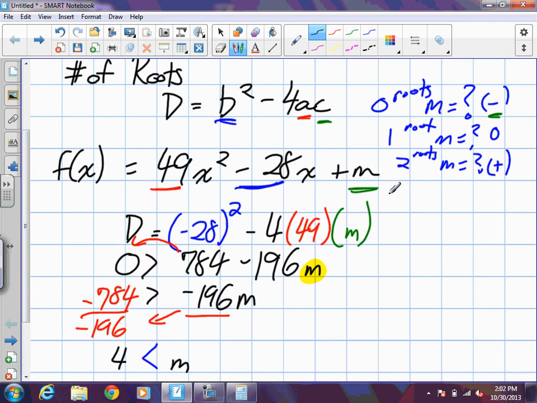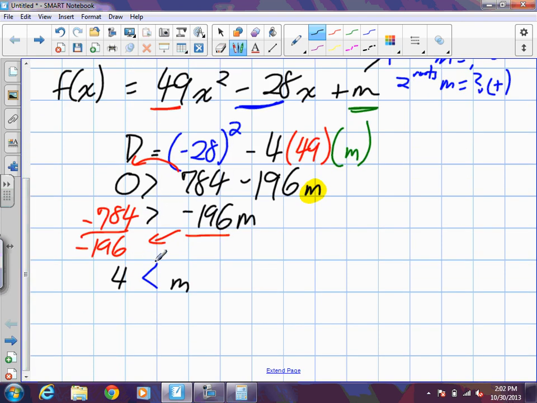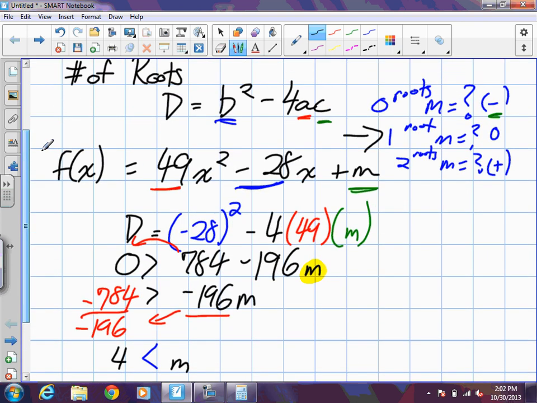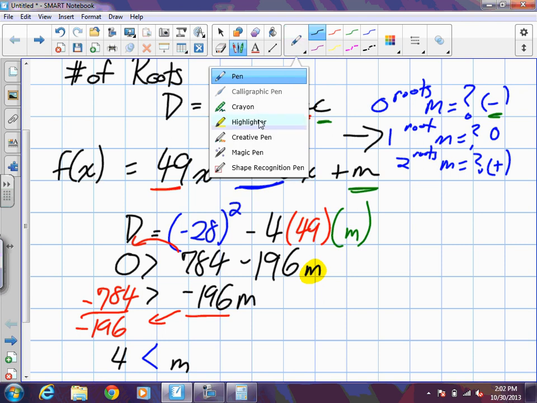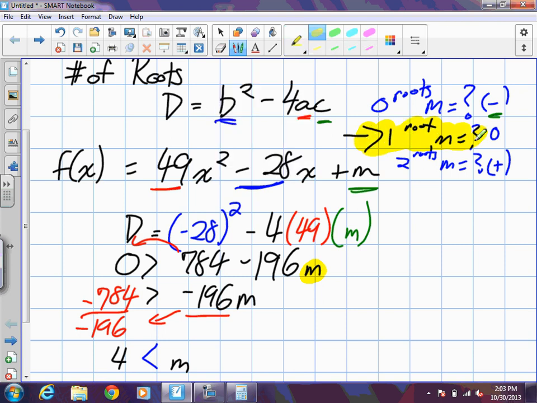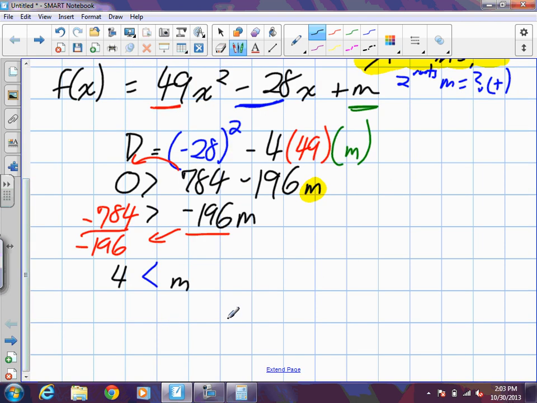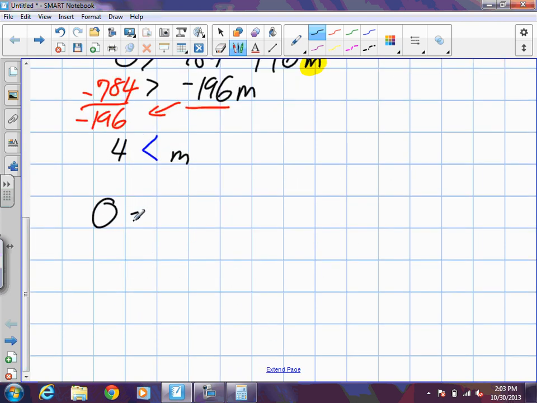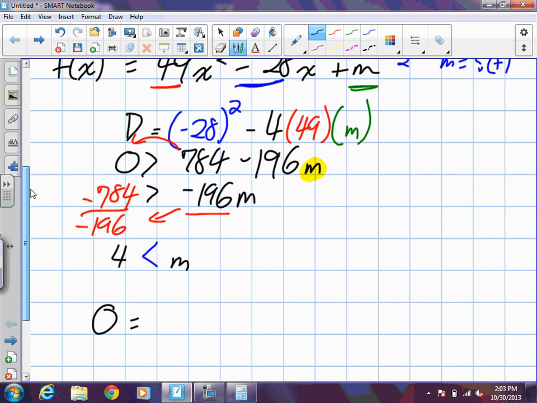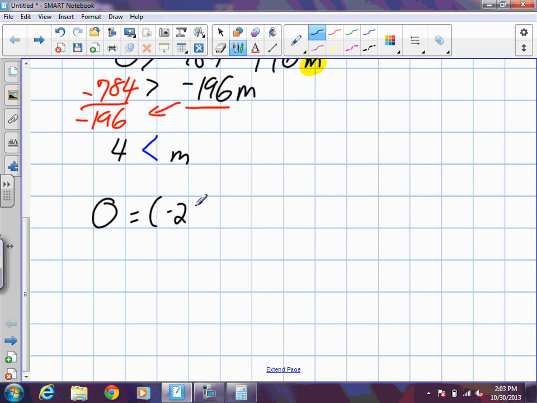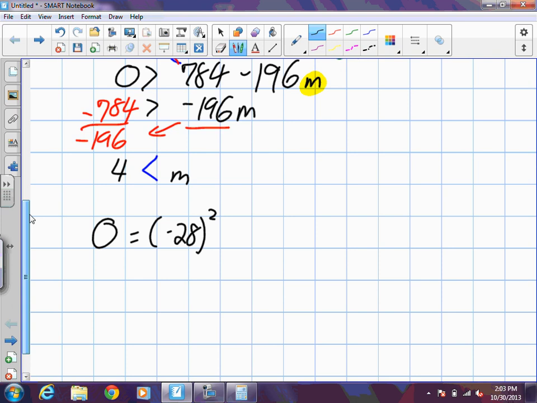Now, I probably shouldn't have shown you the inequality way. Another way we could have solved this is looking specifically at 1 root. Because with 1 root, we're not talking about less than or greater than. We're talking about specifically equal to. Okay? So let's focus on this idea, because this will be more helpful for the math we use in this course. Let's do that exact same idea. Same discriminant equation. Except in this case, it has to be equal to 0. And we're used to working with equal signs. So we have negative 28 squared minus 4 times 49